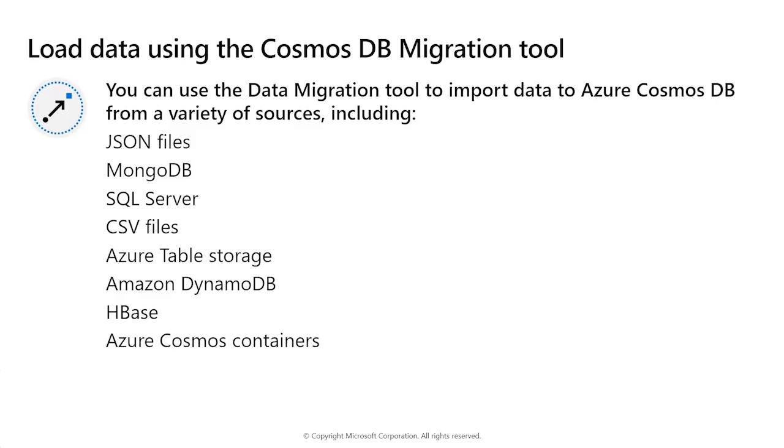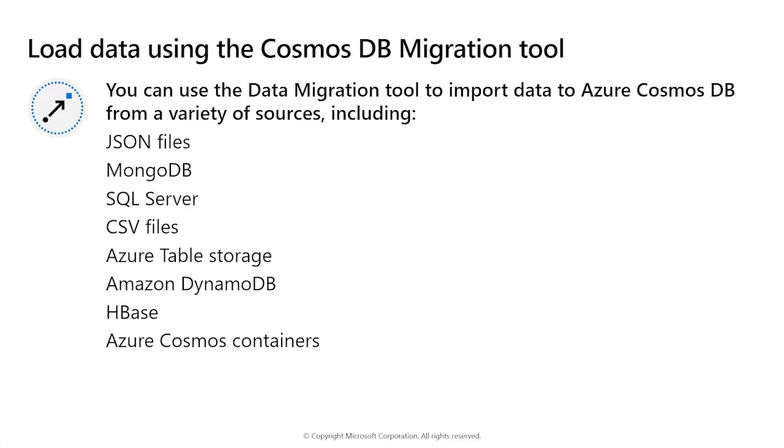You're prompted for the source of data inside the Azure Cosmos DB migration tool, as well as the destination, which is essentially the Azure Cosmos DB database and the container that you want to migrate the data to. The tool can be used to either populate an existing container or create a new one if the specified container doesn't exist already. And you can also use the data migration tool to export data from an Azure Cosmos DB container to a JSON file